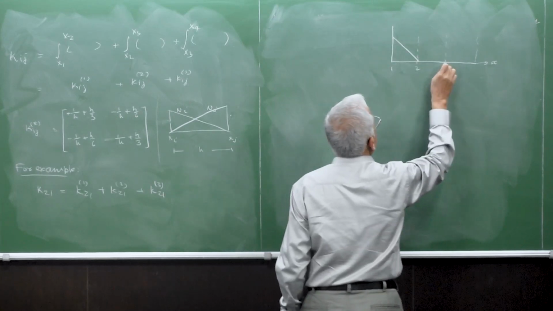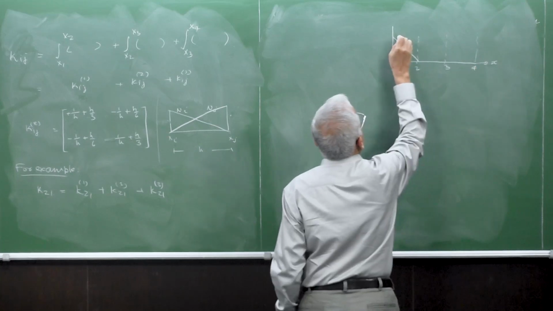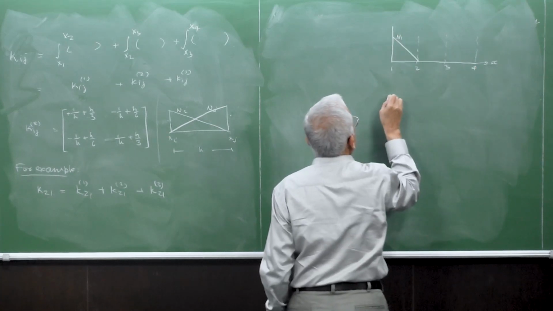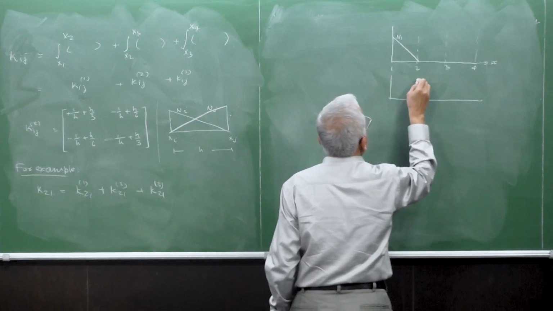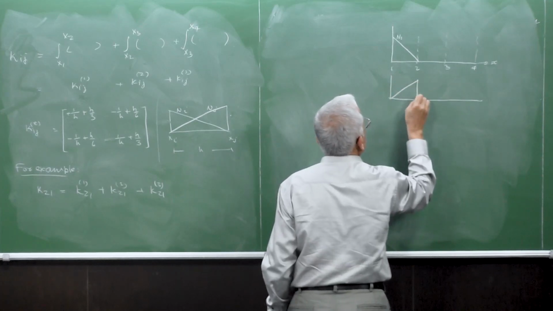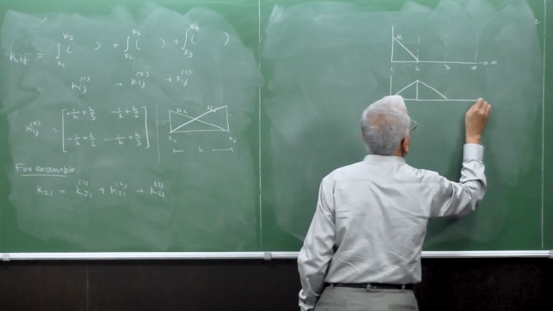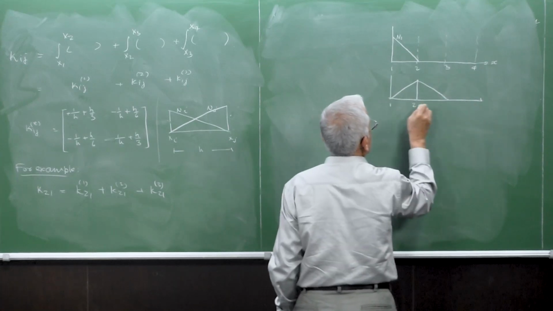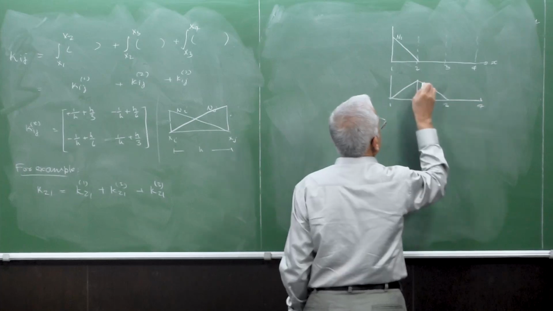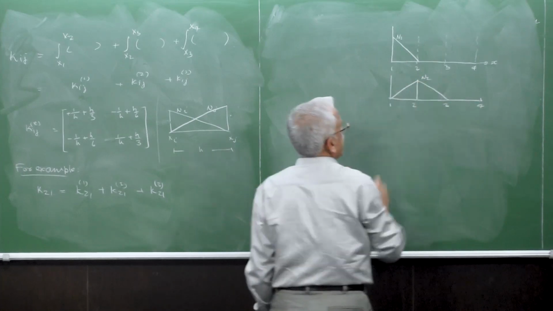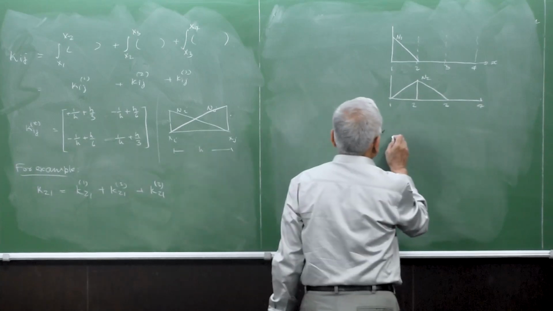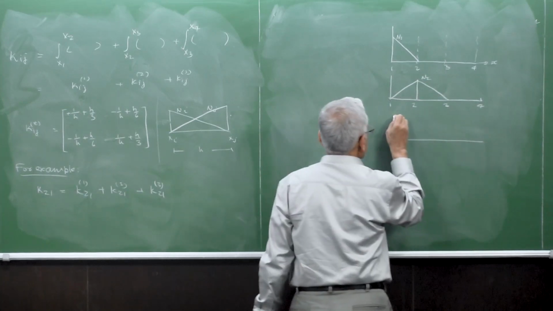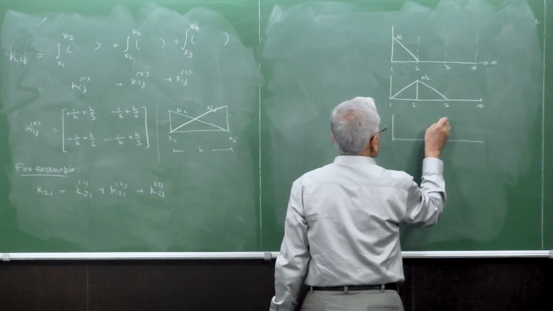One, 2, 3, 4. This is N1. This is N2. N2 has element 1, element 2, different representations. And similarly here,